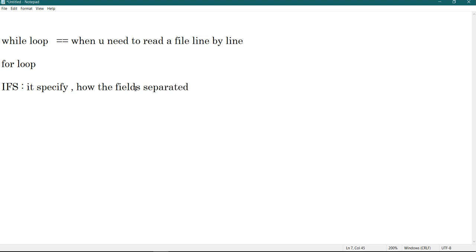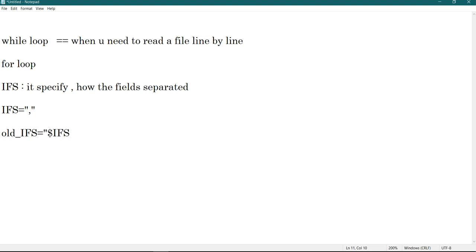Okay, one note I want to tell you: if you modify or change IFS, suppose you specify IFS equal to this comma, then it is a good idea to store your original IFS in some variable like old_IFS equal to $IFS.